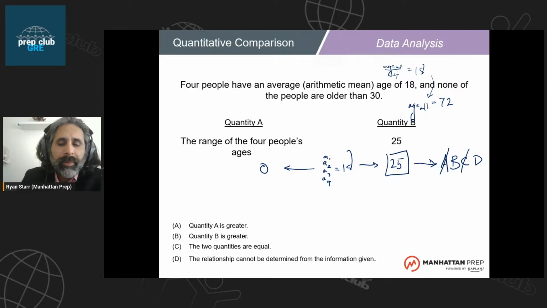So what kind of things would maximize the range? Well, we made them all equal to 18 before, and we made them all equal to each other. So to maximize the range, we want to stretch out the highest value and the lowest value. The one rule we have to go off of is the highest possible value is 30, right? So let's say we make,